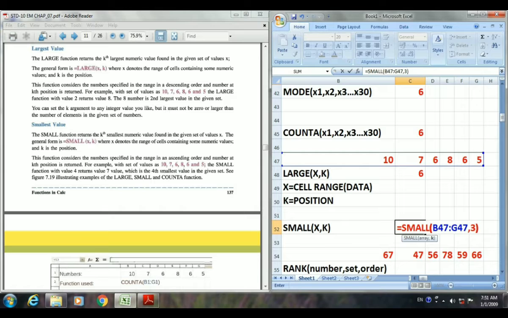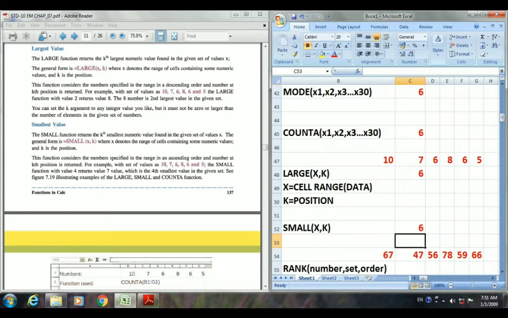Press enter. Again the answer 6 is coming. Why? Because now the data is arranged in ascending order, small to big. The smallest is 5, the next smallest value is 6, and the third smallest value is again 6. That is why the answer is 6. So this is about the SMALL function.